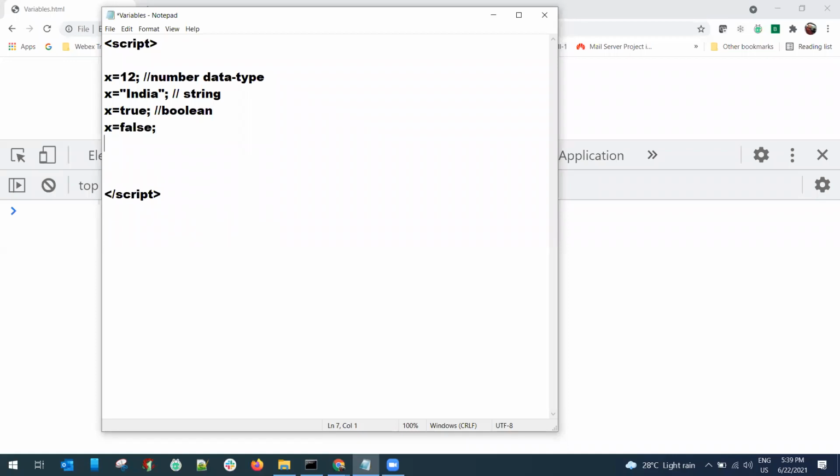Both are Boolean. Now x is equal to single quotes India. Single quotes or double quotes, it is treated as string in JavaScript. So what did we learn? We learned number, string, Boolean, and once again it's a string.